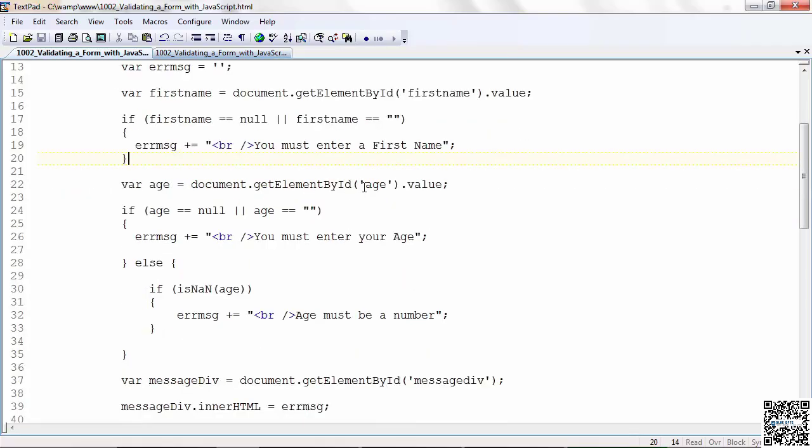Now we're going to get the age. Here it is, get element by ID, get the age, get what the user entered, put it in the variable. Likewise, we want to see if it's empty. Must enter age. Now I have an else condition here because I also want to check and see if it's